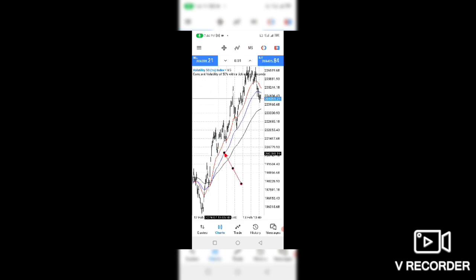So you enter on that bounce off. When you enter here, how do you place your stop loss? You don't just place your stop loss outside the black moving average, because when you do that, it's not reasonable. If you do that, you see that there is no technicalities inside this.